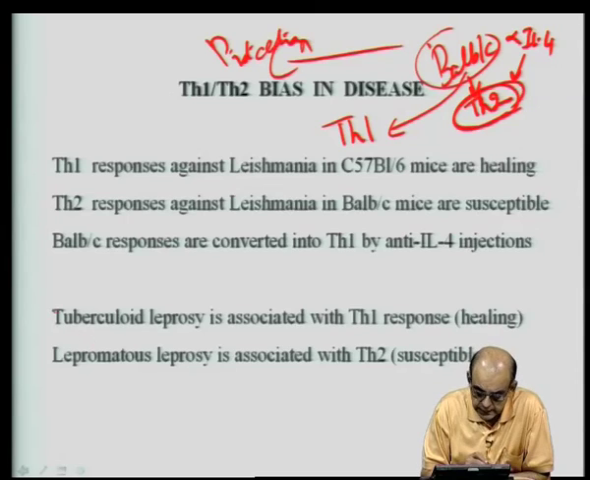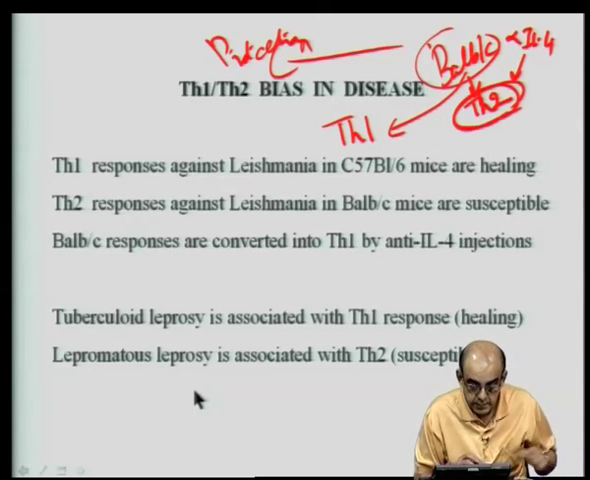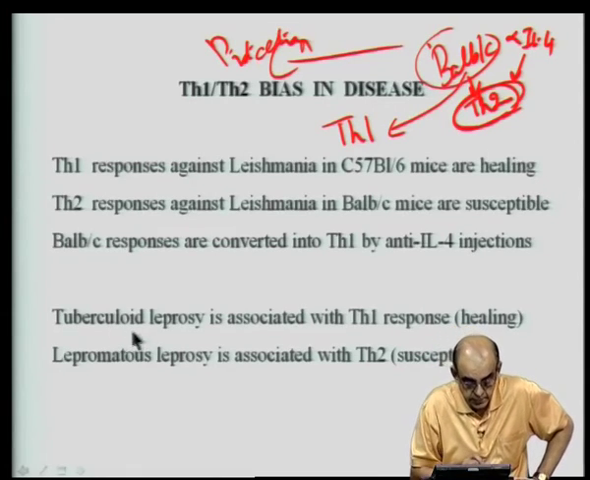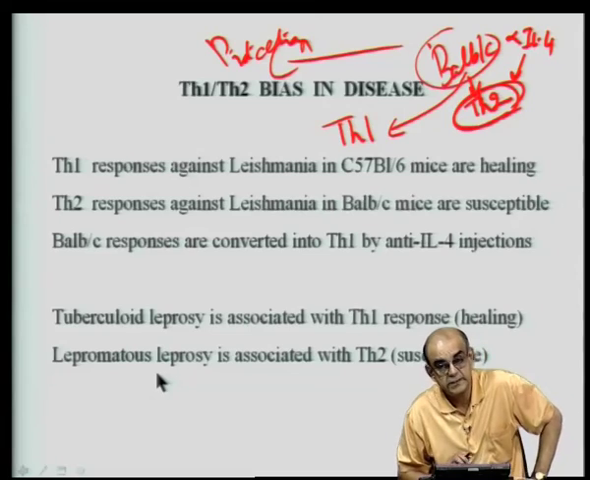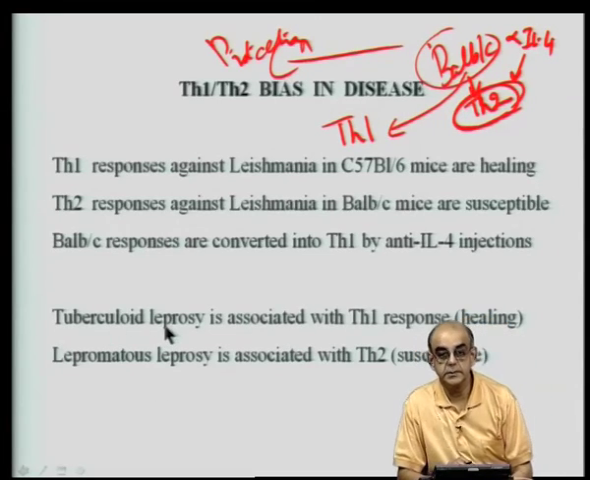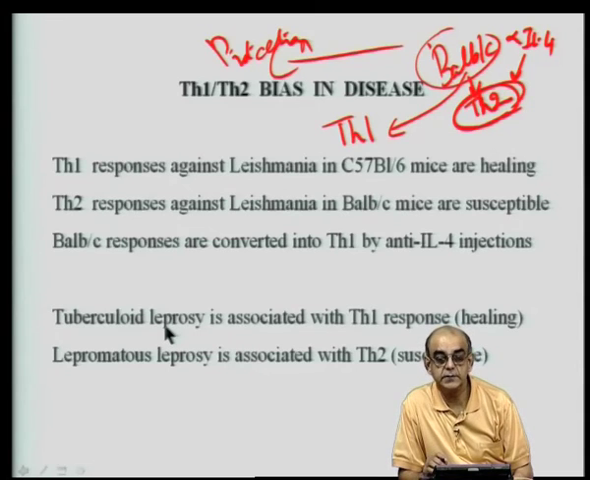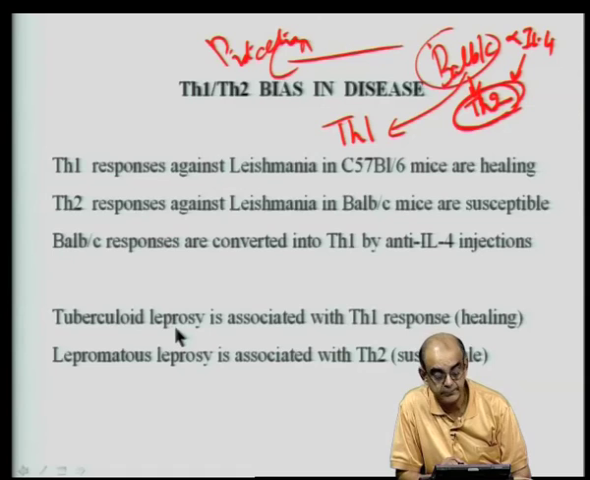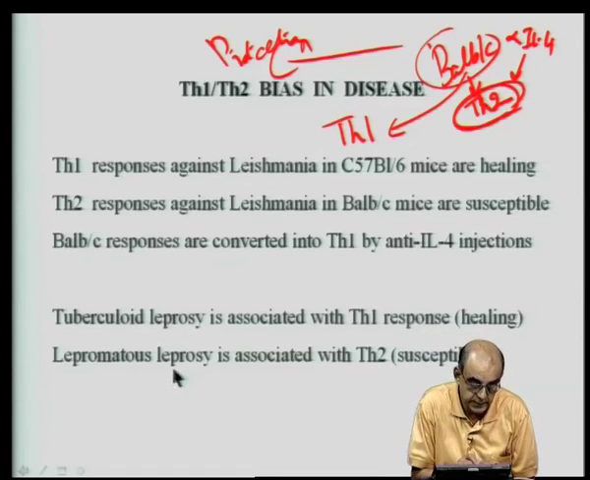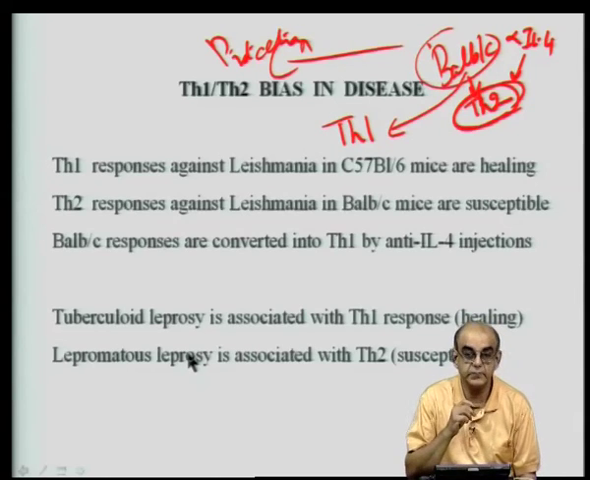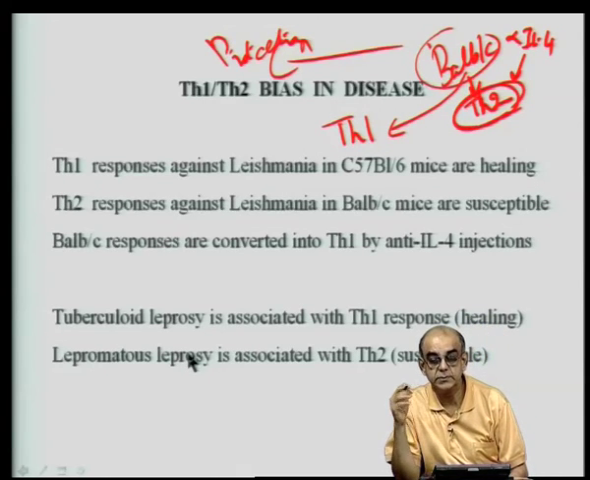So, the other situation that has been found in humans is that leprosy is of two types in humans, called tuberculoid leprosy and lepromatous leprosy. Usually tuberculoid leprosy leads to a kind of healing situation where the number of organisms actually decrease, whereas in lepromatous leprosy there is much more nerve damage because of the organism, and it leads to more